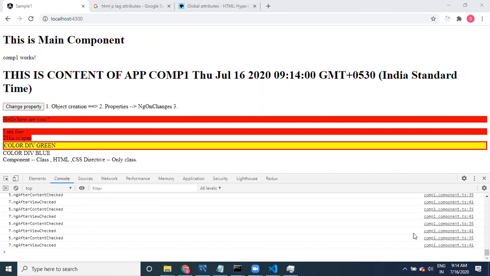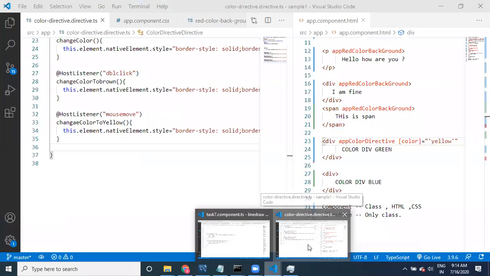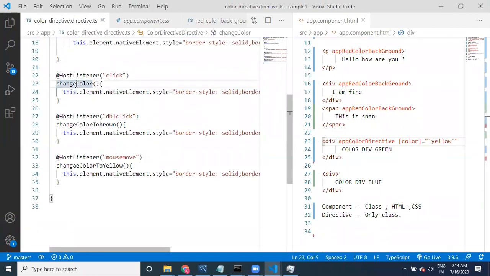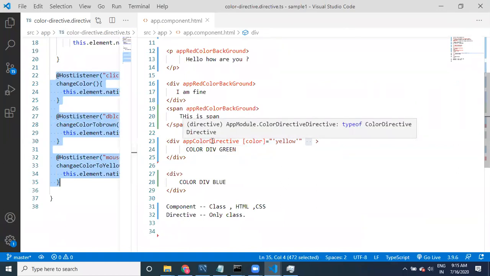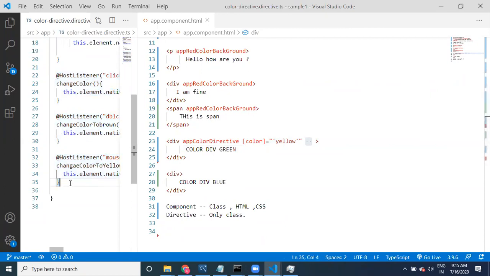See how it is going to work, I'm going to tell you. You don't need to bind the methods. Method names can be anything. The doubt is, in the HTML we are not saying any name, right? See here, I have written different methods: change color, change color to brown, change color to yellow. All these methods I have created. But in this div, I did not provide any methods, I did not provide on click or anything. These methods are implicit. By default, these methods will be available. They are executed if you click, double click, or mouse move, whatever the event. For any event, you can write one method.